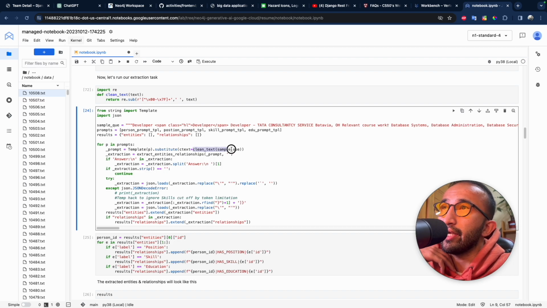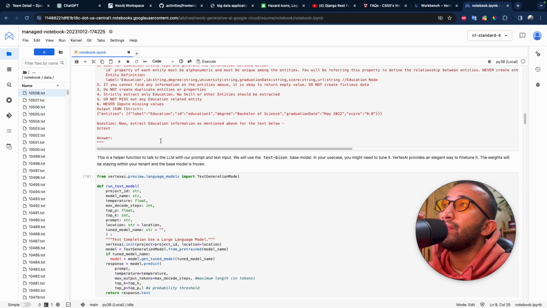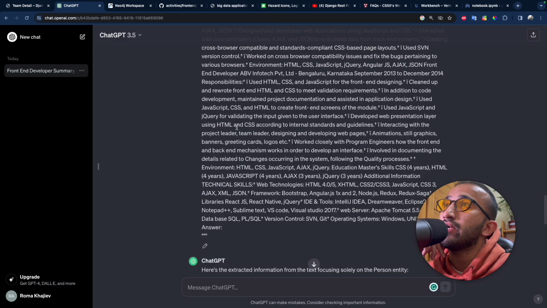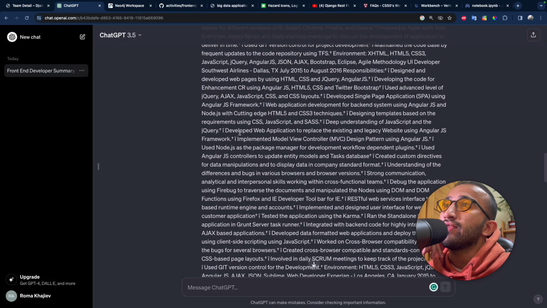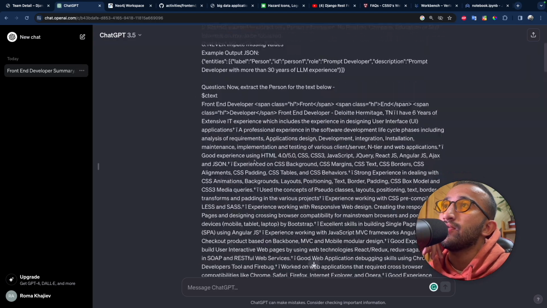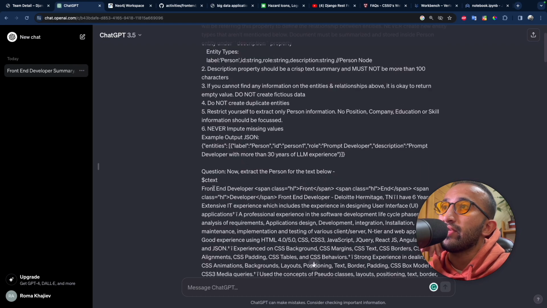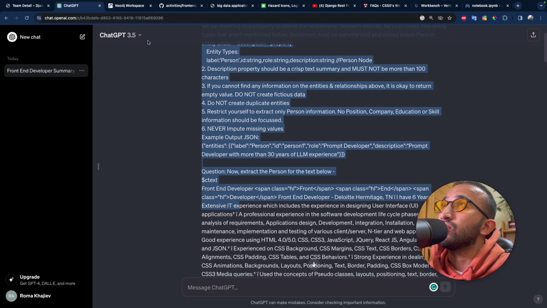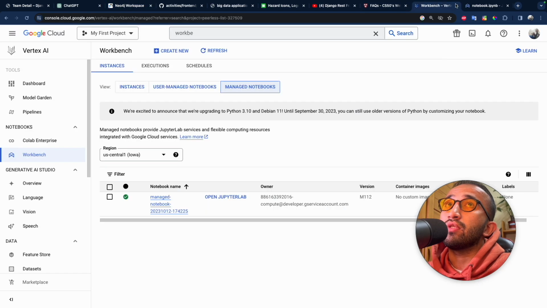So we are cleaning the sample queue, getting rid of all those symbols, right? And we are substituting the sample queue into the prompt, right? So we have our prompt, and at this part, C text, just like I did here with ChatGPT, after C text, we are putting our data right here. So that's what the substitute function does. So we are putting the data there,